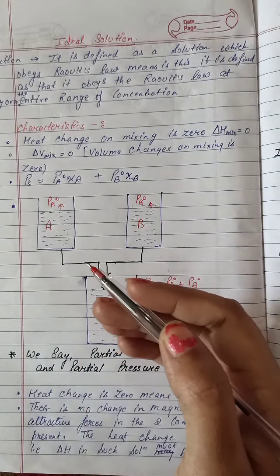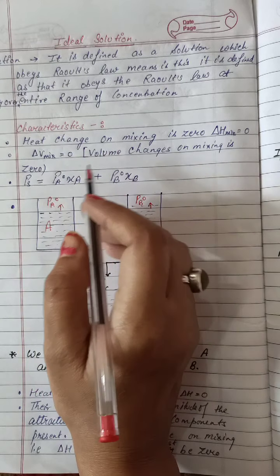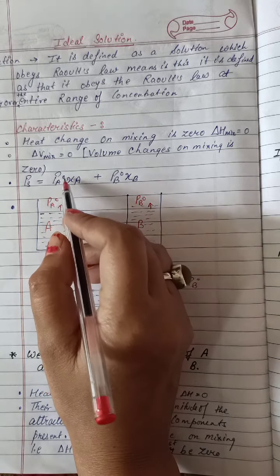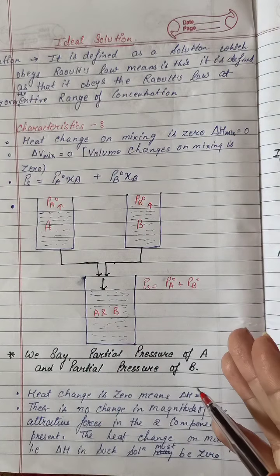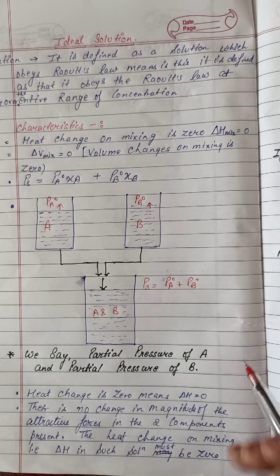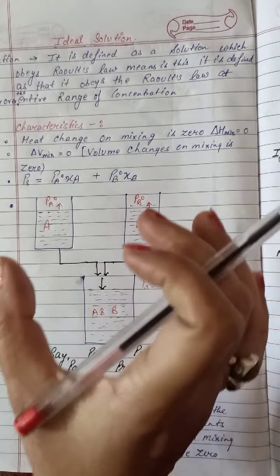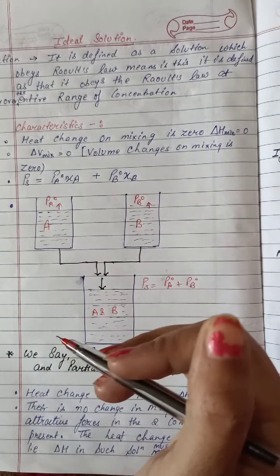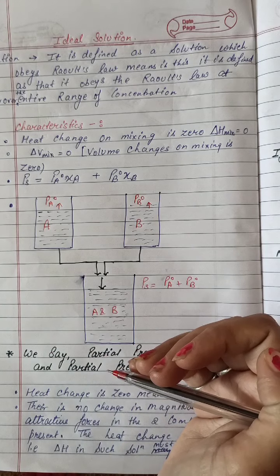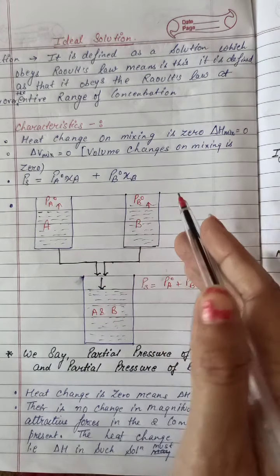PS. Now we are using the word PS here. PS is the partial pressure of the solution. So it is equal to PA naught XA plus PB naught XB. When we use the graph, I will show you. At that time it is coming as PA naught and XA. Means we have taken two liquids and given them the names A and B. XA and XB can be given any other names also. Don't think that we are giving only A and B.